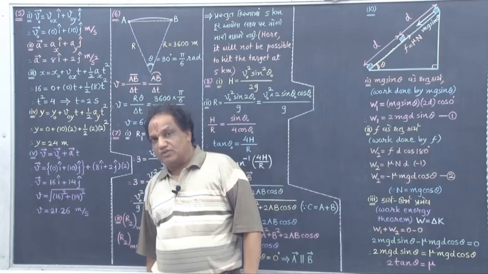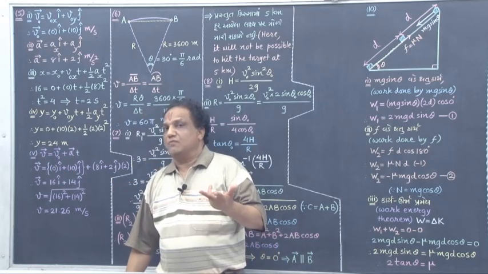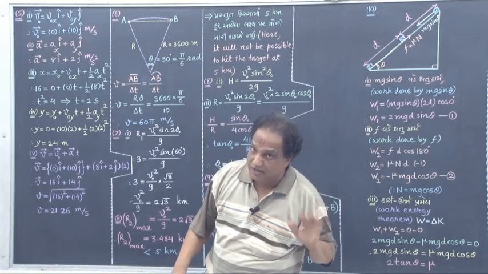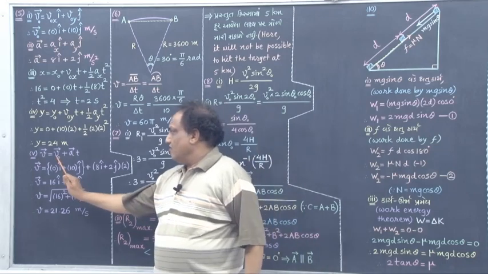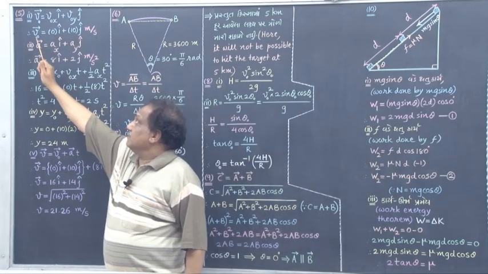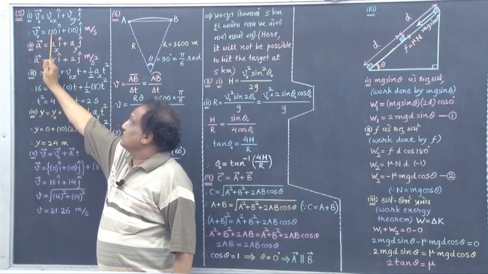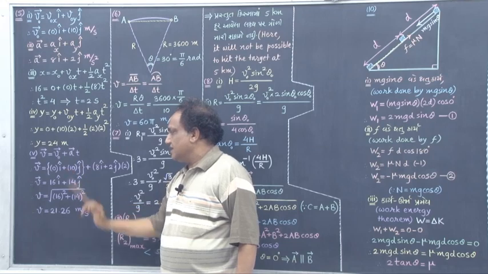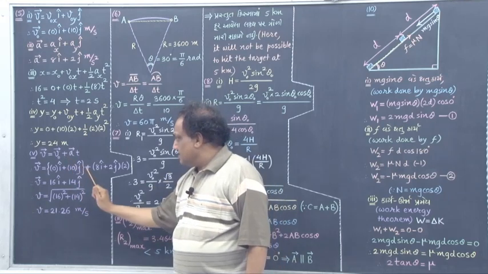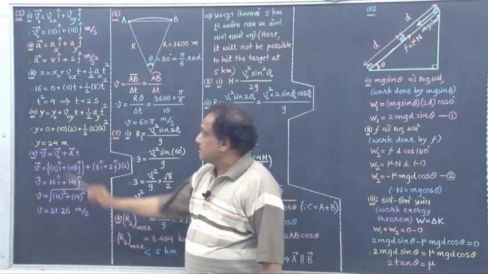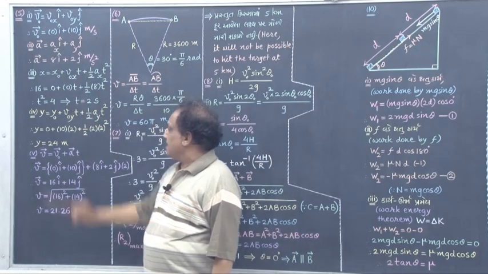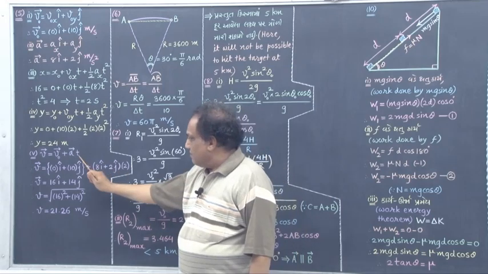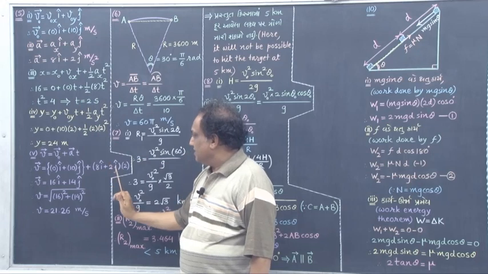You know the expression of the velocity vector in 2 dimensions: vector v equals vector v0 plus vector a into t. Remembered? Fine. Vector v0 is right now 0 i hat plus 10 j hat, plus vector a, which is 8 i hat plus 2 j hat, into time t, where t equals 2 seconds.